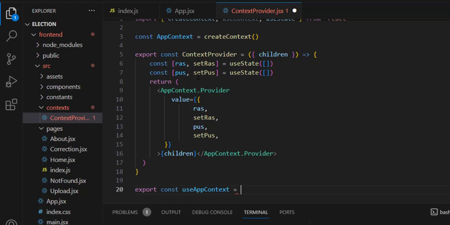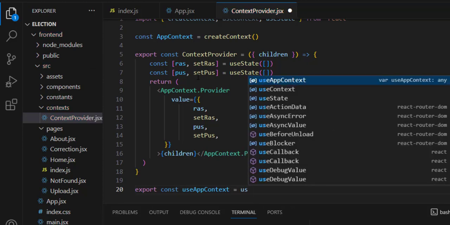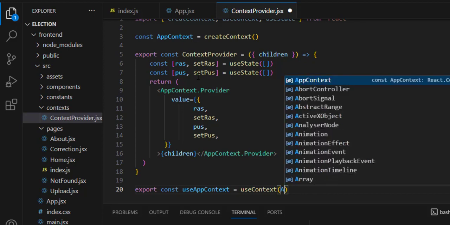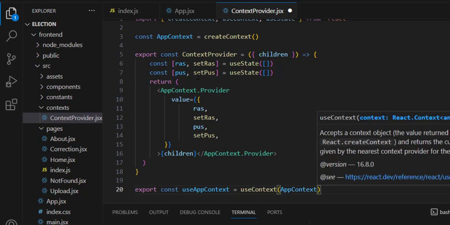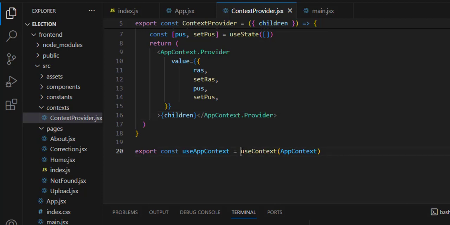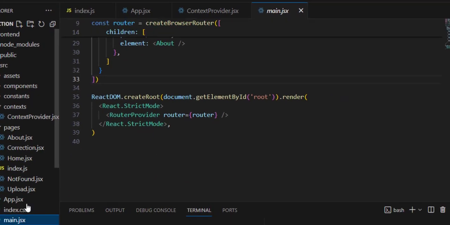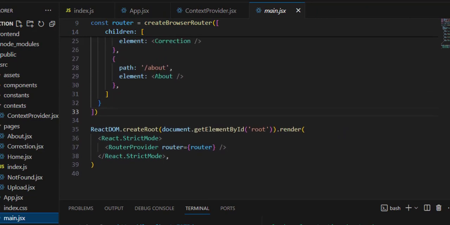It doesn't really matter, which is equals to useContext, and then here you should pass the context which you want to allow, which in my own case is going to be AppContext. This useContext has to be a function on its own, so which means there has to be something like so. Now after creating the context, I would like to go to the main.jsx, and then I should import the